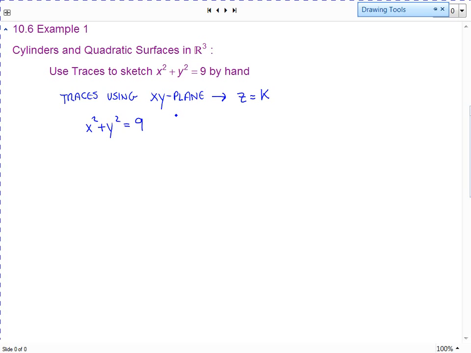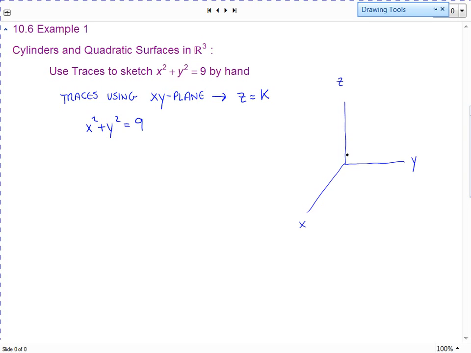What happens to that equation? Nothing. So no matter what Z is, you've got a circle radius 3, don't you? So what I would do right now is I would tell myself, okay, in 3-dimensional space, if this is X, this is Y, this is Z, then if Z is, let's say, 0, I get a circle